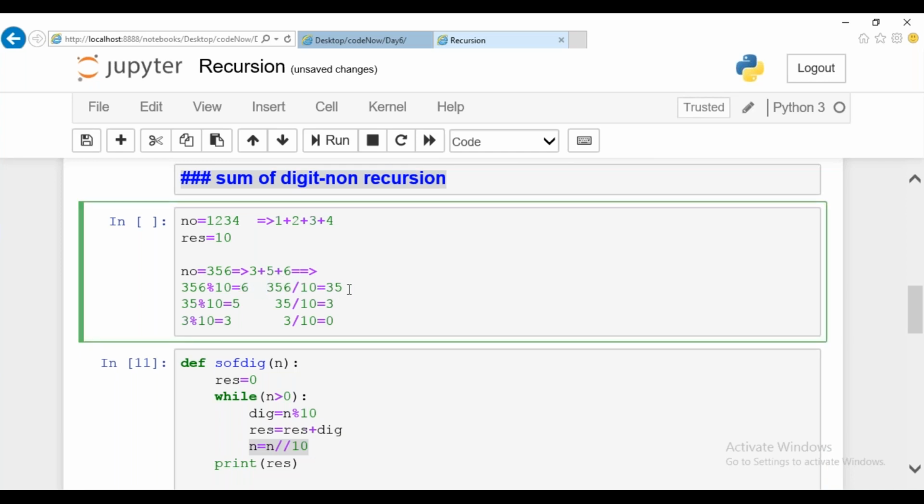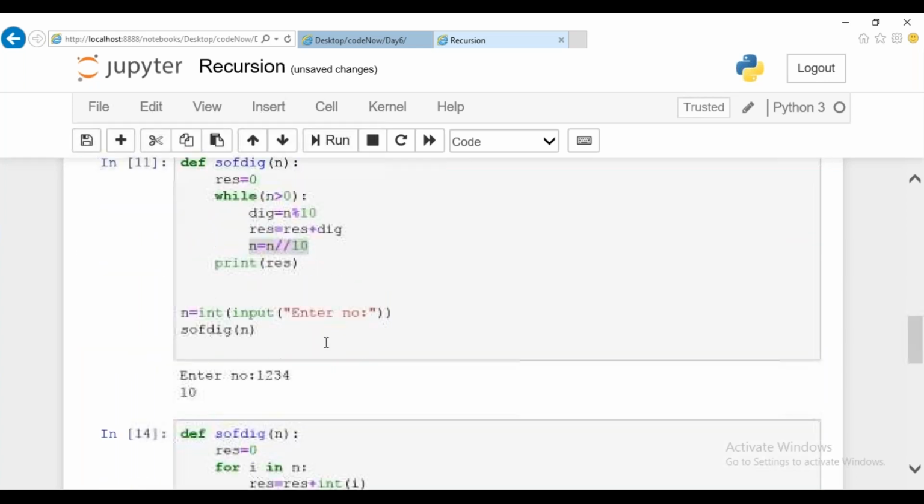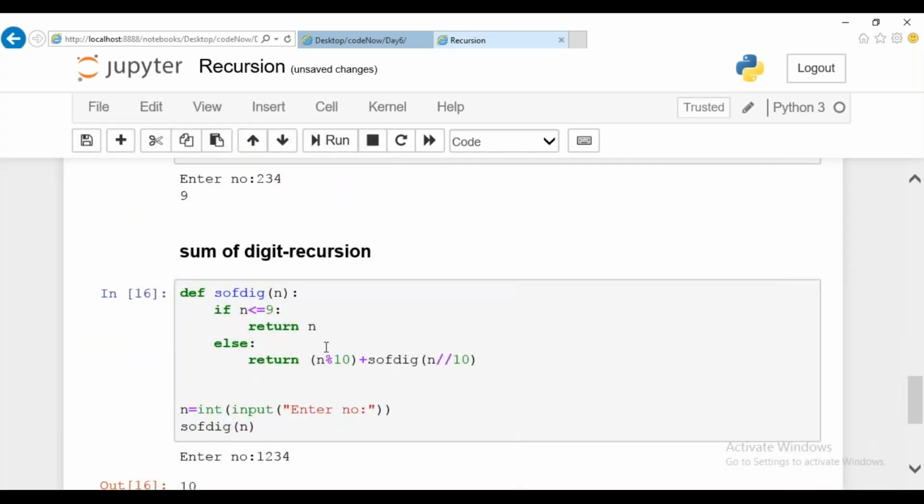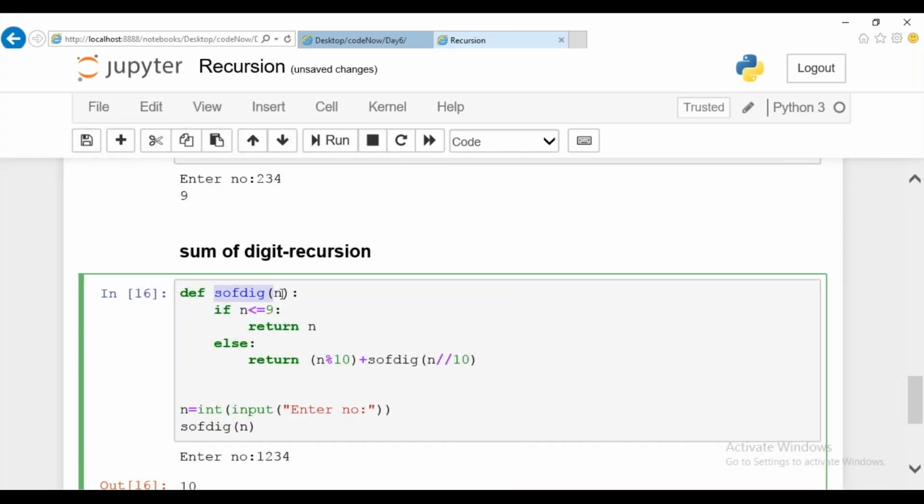This is all about your first function call or first iteration. For the next iteration, you again take modulo and divide. This is your second iteration, taking modulo, dividing. This is a continuous process until the number reaches 0. I'm going to do it using recursion, calling this function continuously, doing modulo and adding the resultant for the sum of digits. If you want me to trace it, let us trace it.